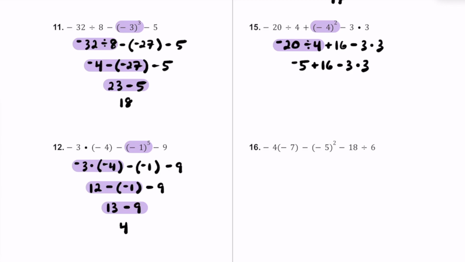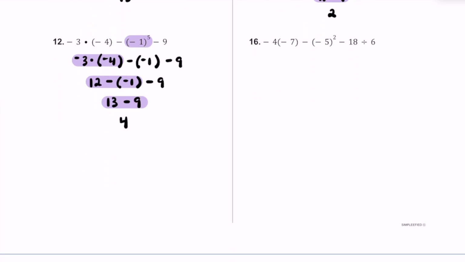Between these three operations, the multiplication is going to go first. 3 times 3 is 9, so we have -5 plus 16, and then minus this 9. Between addition and subtraction, they're equally important, so go left to right. -5 plus 16 is 11, so we have 11 minus 9, and then finally 11 minus 9, that's just going to equal +2. All right, finally for number 16,